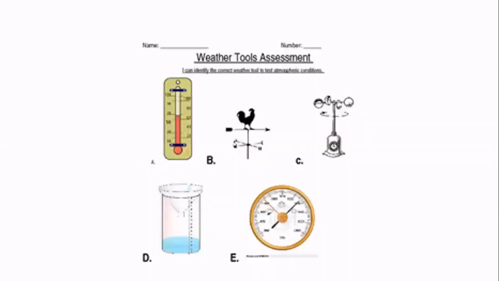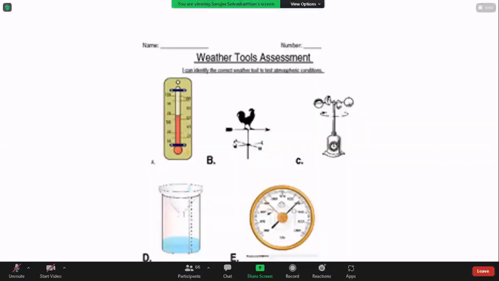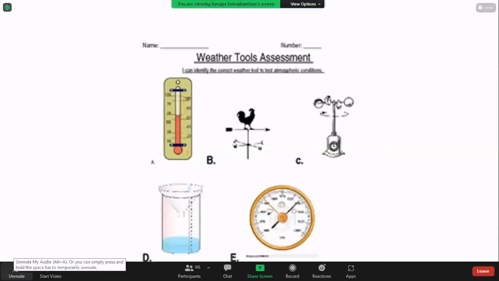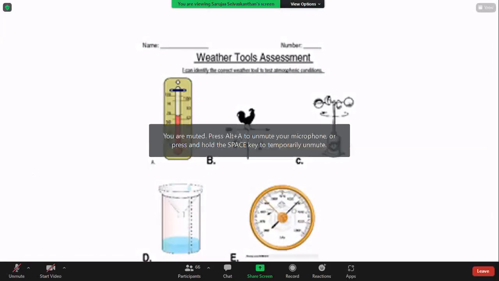Okay, then the simple questions. First, identify the first one. Just for all, identify A, B, C, D, E. I will give 2 minutes. Okay, first I ask. AG 84.